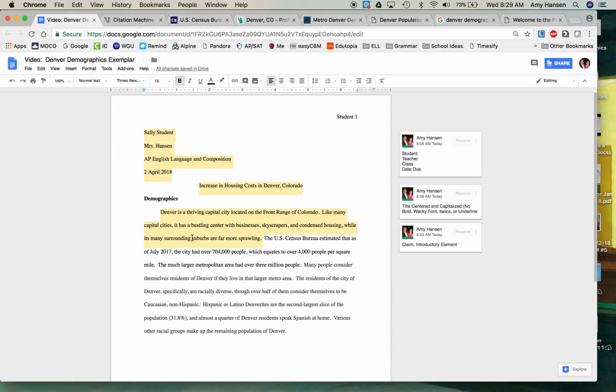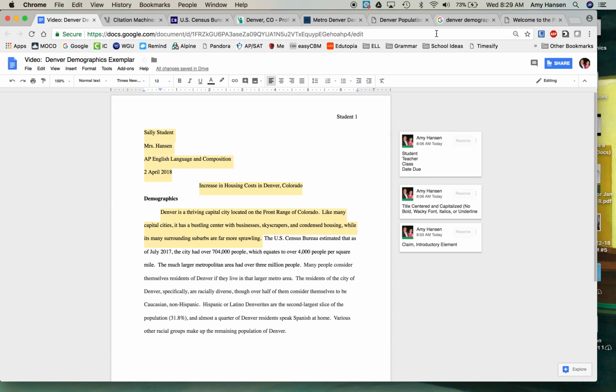Like I said, to save time, I've already created the first part of the paragraph. If you read my opening sentence, you'll notice that it is kind of general. The goal of it is to create kind of a claim or an introductory component to the demographic portion of my paper. I don't want to just throw out facts and statistics. That would be really boring and difficult to read. Instead, I want to kind of characterize what the city looks like in order to give you a feel for what that means. But from there, I go ahead and go into more specific data, concrete numbers that I have